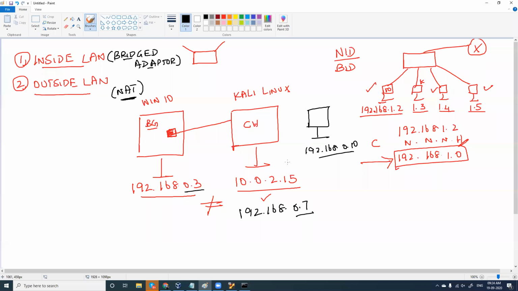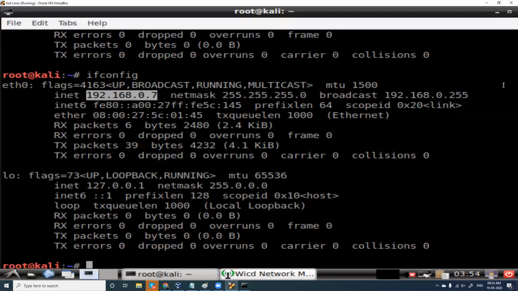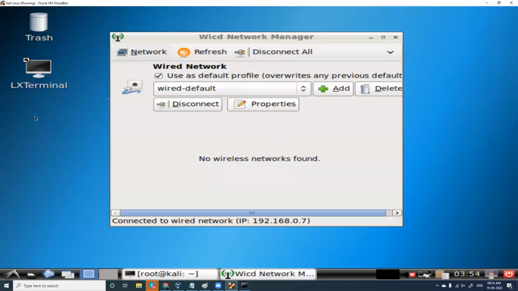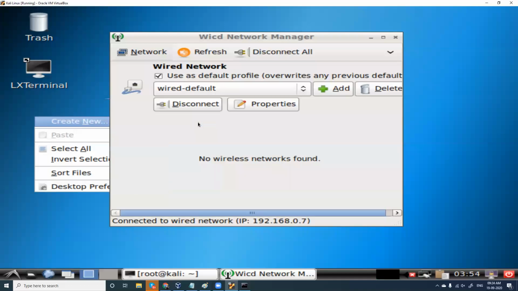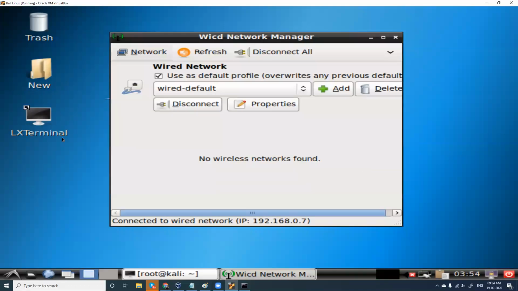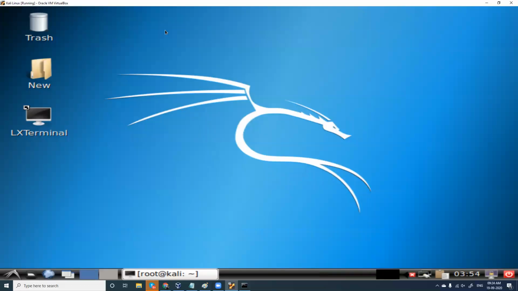And when I say virtual, please don't come to a conclusion that these operating systems cannot do anything. You can save data in Kali Linux. You can create a folder. You can create whatever you want. This works just like a computer. Just like a normal computer, how you would work, this behaves just like that. The possibilities and the functionalities you have are unlimited. You can try whatever you want, right?